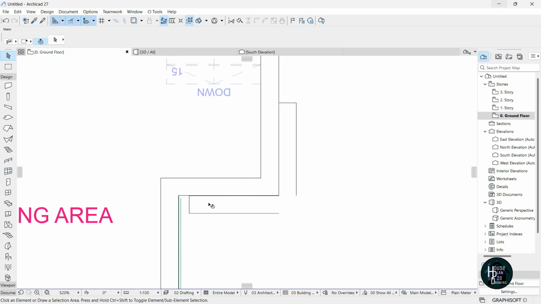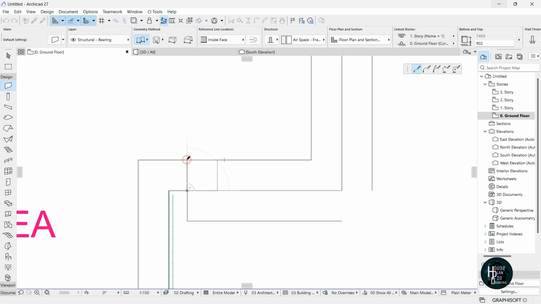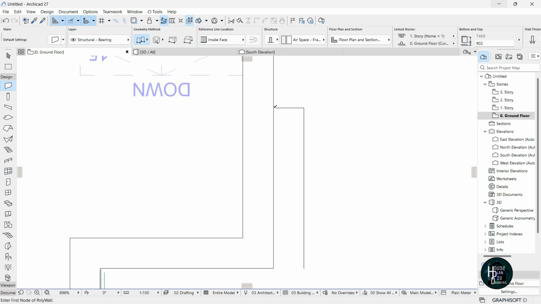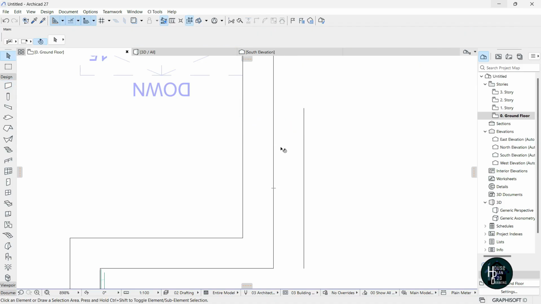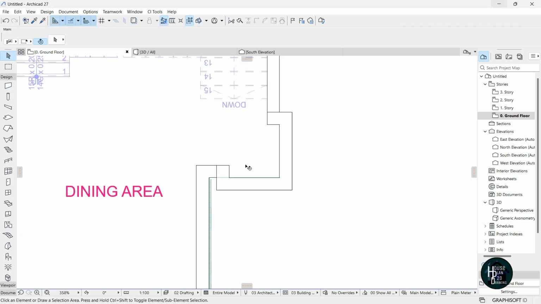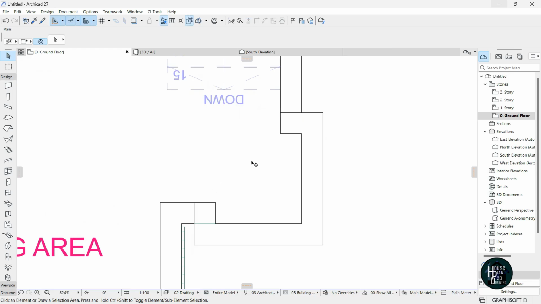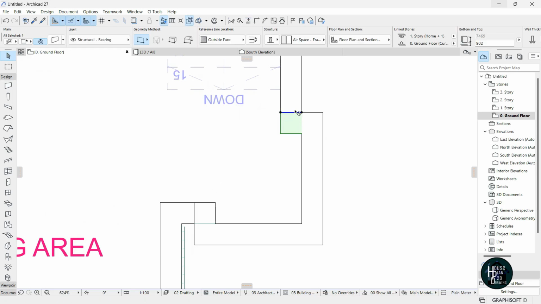Now hold on Alt, select this wall itself, click this node here, move it like this and double click. Okay, click on this also, come and select this and select on the outside face, then double click. Once you finish doing that, hold on Control on your keyboard, cut out this side, cut out this side. Okay, once you finish doing this, click this to connect this side, or you can just decide to click this